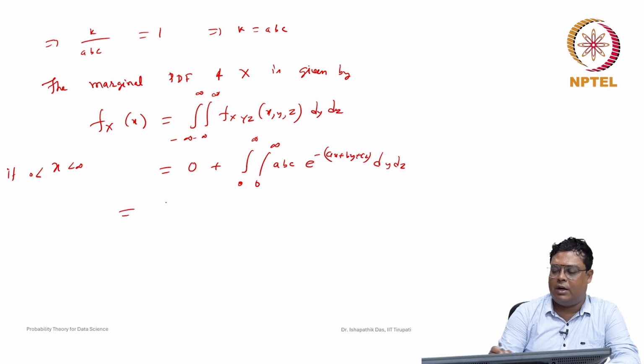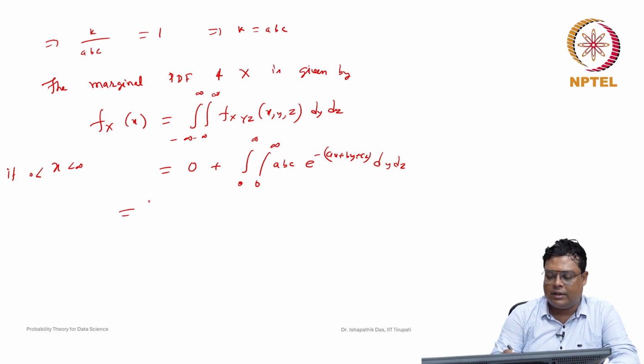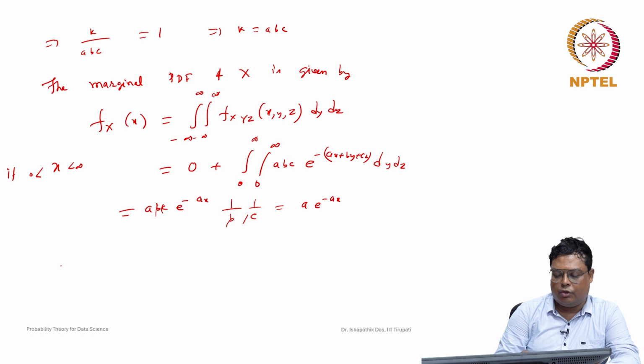So very similarly we can do the integration. This will be abc into e to the power of minus ax, which will be outside, and the integration of e to the power of minus (by plus cz). If you do it, you can check that very similarly it is 1 by b into 1 by c, and this bc will be cancelled, giving a into e to the power of minus ax. So we can write the marginal